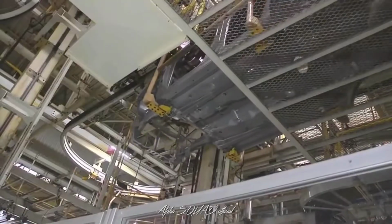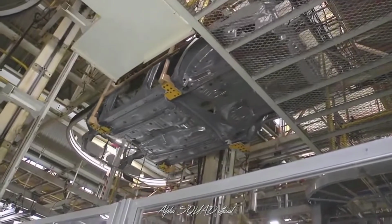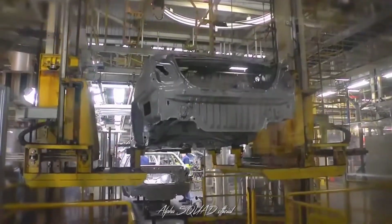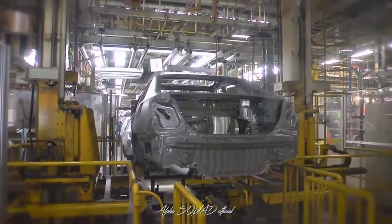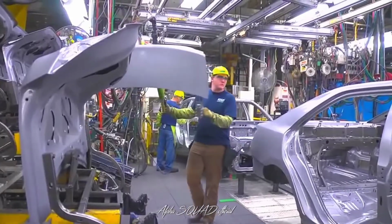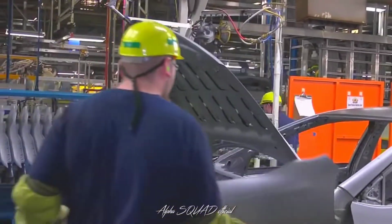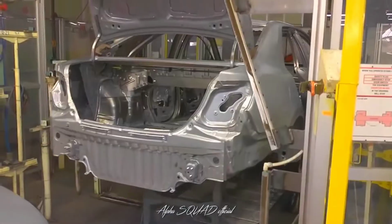Next, the vehicle bodies are lifted onto the overhead conveyor and taken to the body shell line, the last line in Body Weld. On the body shell line, team members attach various parts, including trunk lids, doors, hoods, and fenders. After final inspection and approval, completed body shells travel by conveyor to our paint